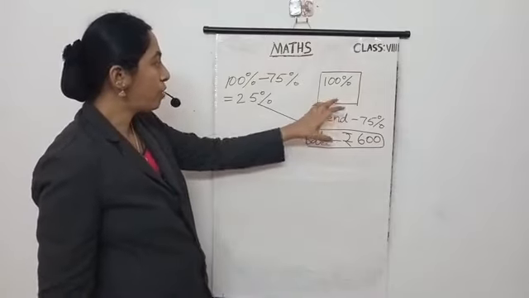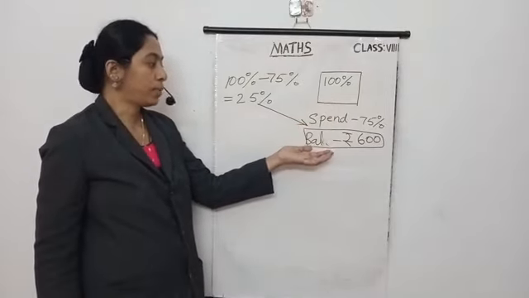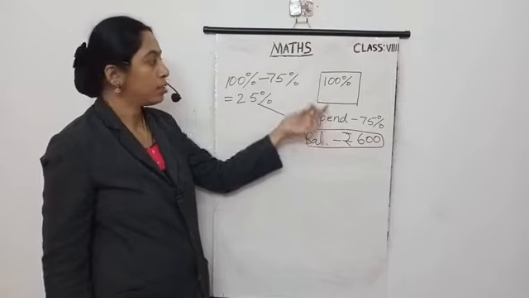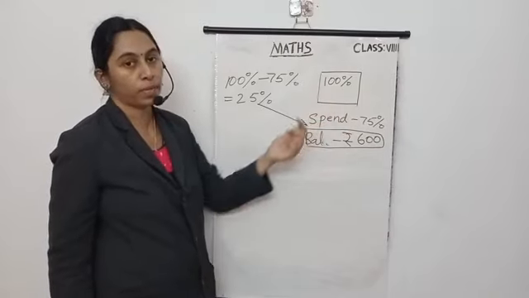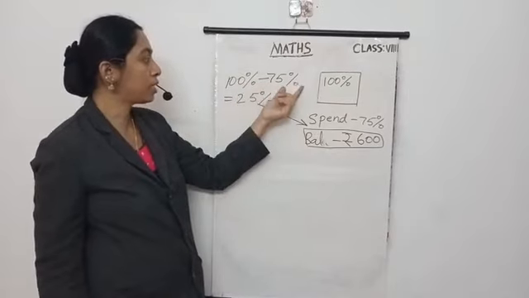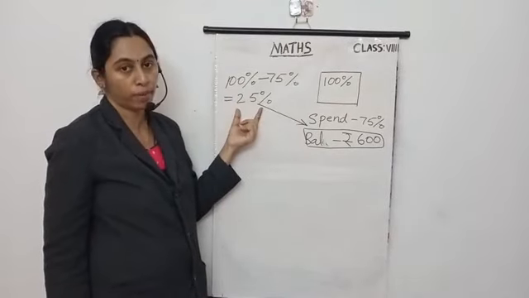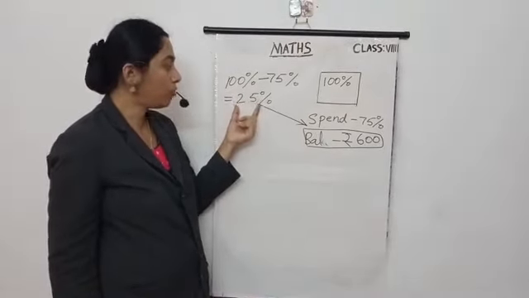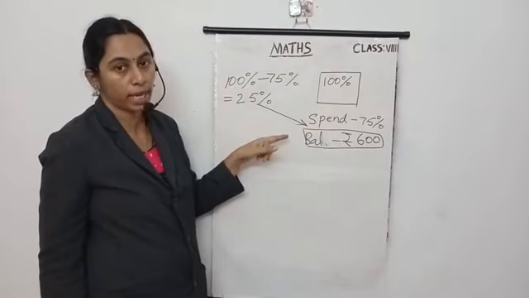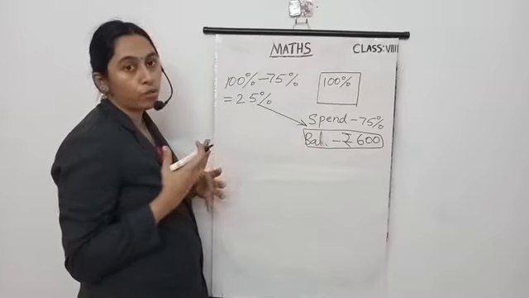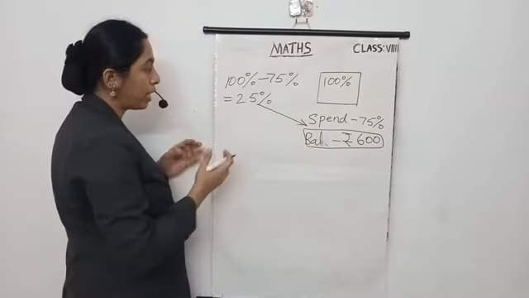First we find the percentage of balance. Total percentage 100. Spent 75%. Then 100 minus 75 we get 25%. And this 25% is the balance 600. You get the connection? Okay. Now we want to find the total money. So we connect